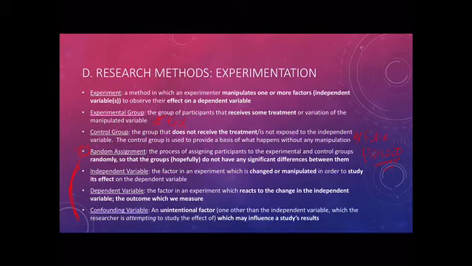And now the purpose of random assignment, and you should write this down, the two purposes of random assignment are, number one, to minimize differences between groups. Minimize differences between groups. And so what that means is, if I'm doing a study on a drug and I have my experimental group and my control group, I don't want to put all of the men in the experimental group and all of the women in the control group, because maybe there's a fundamental difference between men and women. And so by putting the men in the experimental group and only reporting their experiences, we could be leaving out important information on how the drug might affect a woman or something of that nature.